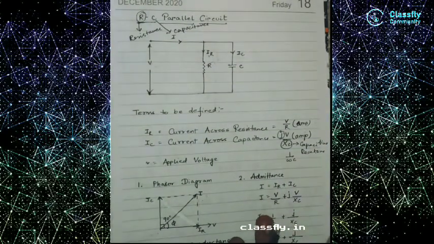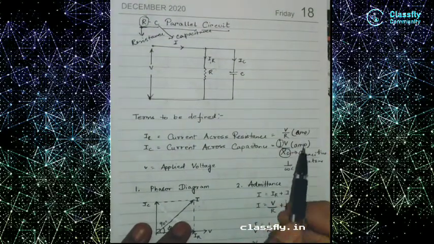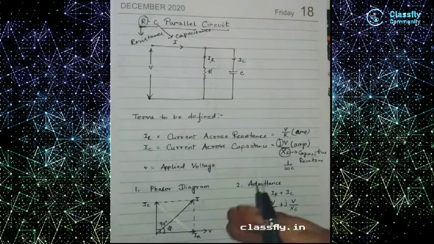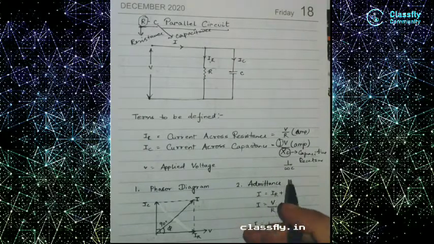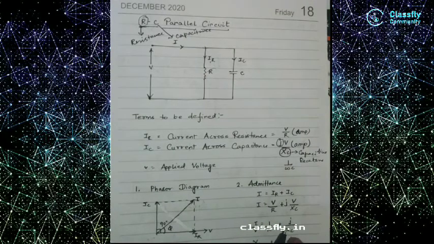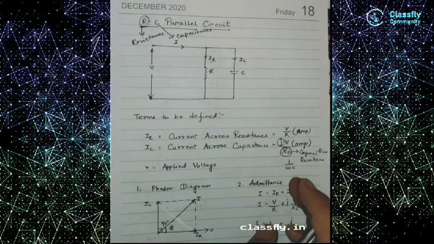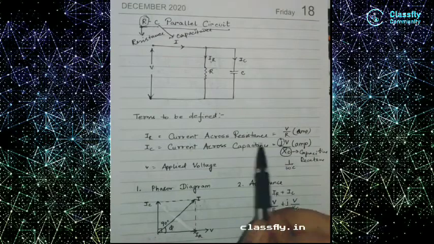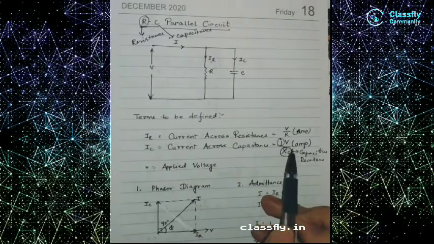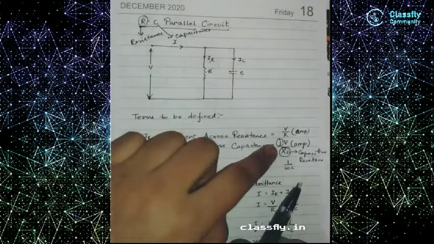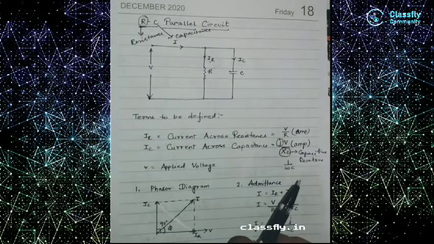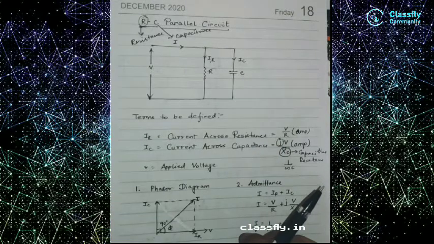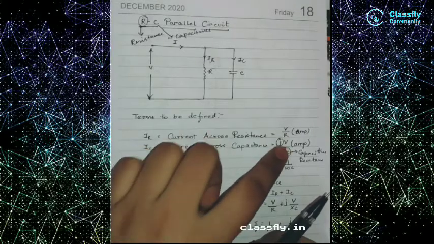See why it is j here. We know that in the phasor diagram, the current leads by 90 degrees in the capacitance, as we take V as the reference. That's why this j is denoting that the current IC is leading by 90 degrees. Whenever j is in the numerator, it says that it is leading. Whenever j is in the denominator, it states that it is lagging. That means for IL, the j will be down.